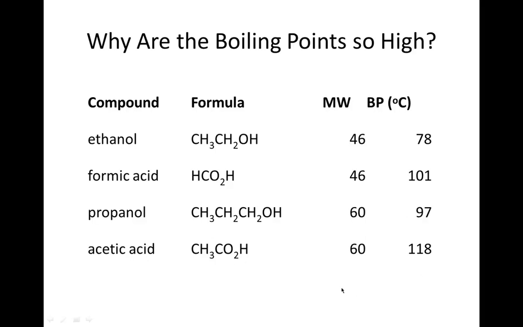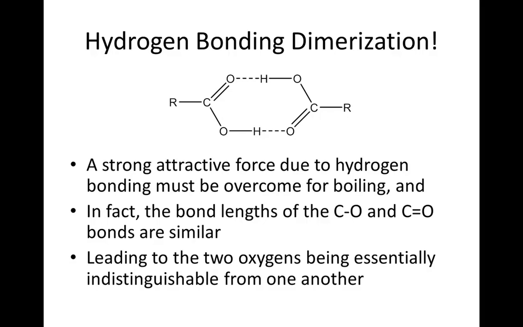And so the obvious question is, why, when they have the same molecular weight, do they have such different boiling points? And so the answer lies in hydrogen bonding. Because these things can hydrogen bond and make essentially a dimer. And the way this is drawn, you see a hydrogen bond is actually linear, and so there's two of them,